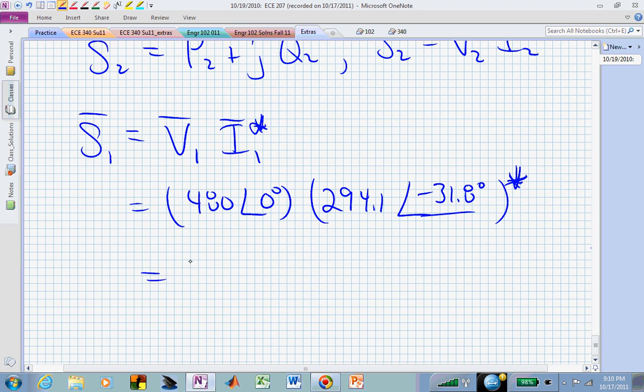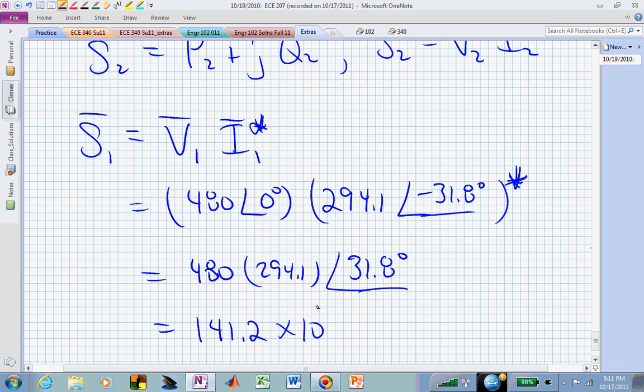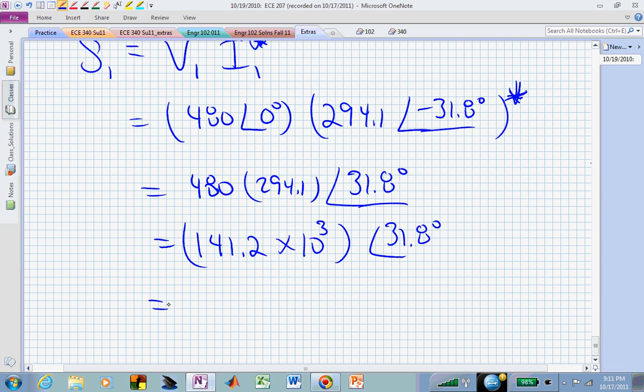We now have 480 times 294.1 at an angle of 31.8 degrees, or this now becomes 141.2 times 10 to the third at an angle of 31.8 degrees, or that's this 120 kilowatts